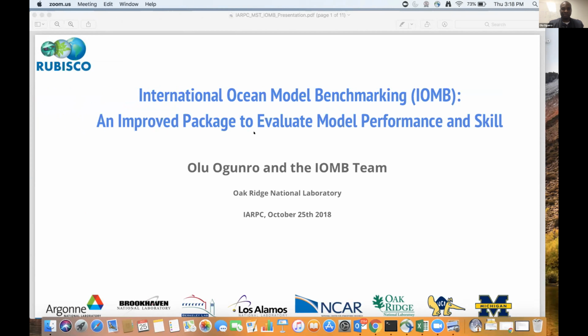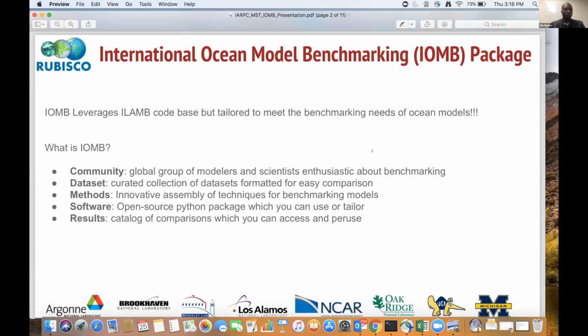It's mainly designed to evaluate marine ecosystem, and mainly the ocean model in general. It leverages on ILAMB's code, but tailored towards benchmarking ocean model.